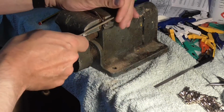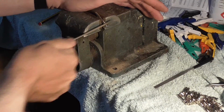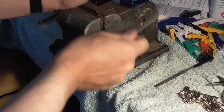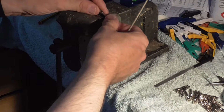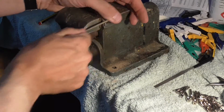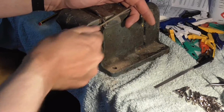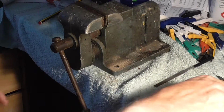I've turned my iron off, by the way, so that we don't oxidise the bit too much. Don't need to have our iron on at the moment. It will soon warm up when we need it. So we just go through these all one at a time